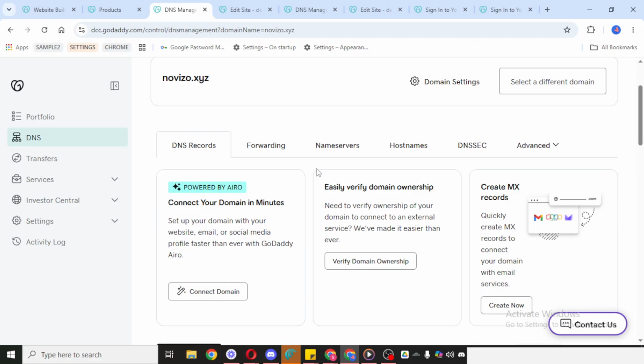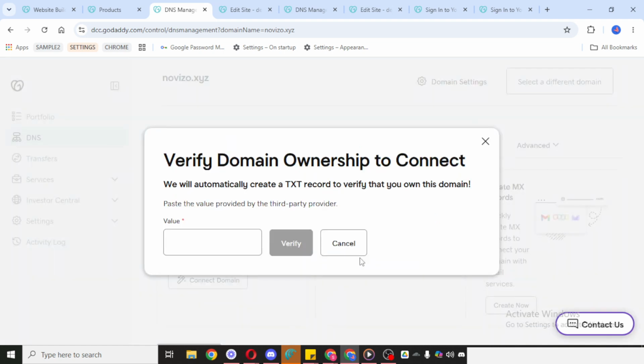Once you're in the DNS section, look under DNS Records. In that area, find the option that says Verify Domain Ownership and click it. This tells GoDaddy that you want the system to check whether the selected domain is properly connected to your account for ownership confirmation. After you click that option, the system will begin checking and verifying your ownership automatically. In many cases, this only takes a short moment. If everything is set up correctly, GoDaddy will confirm that your domain ownership has been verified.